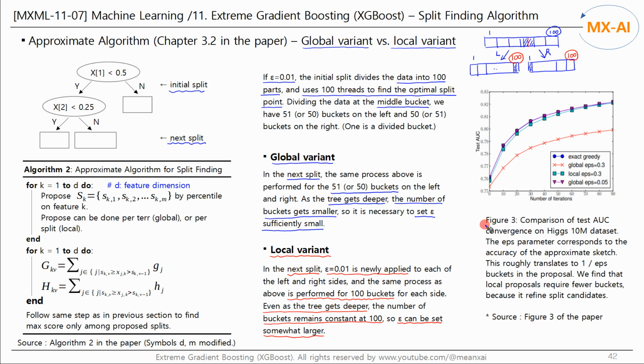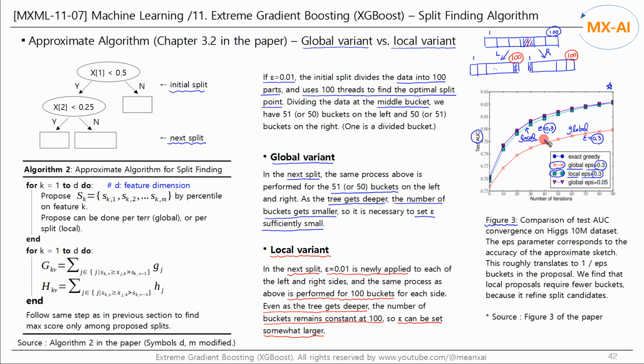Let's check the performance of the global and local variant presented in Figure 3 of the paper. The red curve is for the global variant and has the epsilon of 0.3. This performance is measured by ROC AUC. Light blue is for the local variant and has the epsilon of 0.3. If the epsilon is the same, you can see that the performance of the local variant is better than that